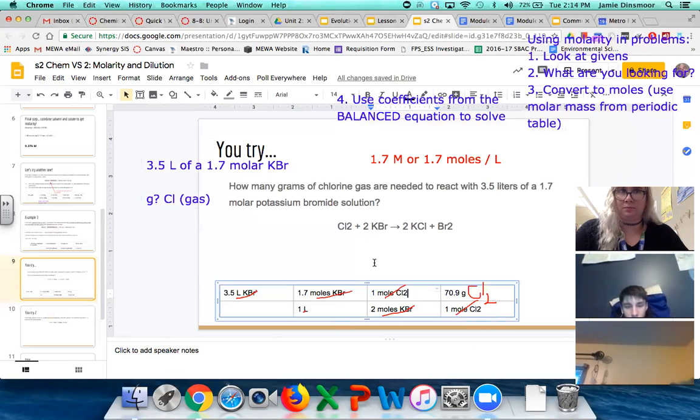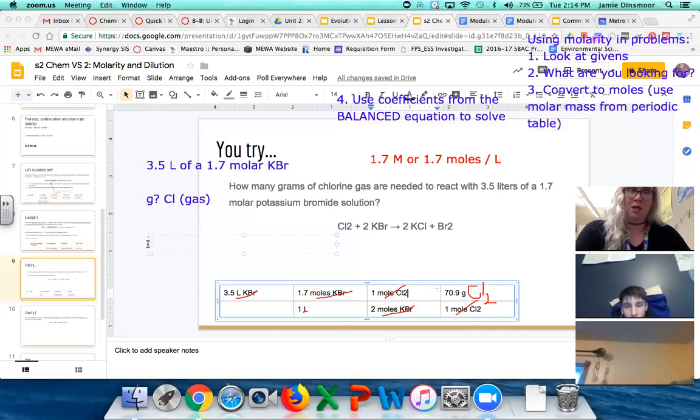And we get a lot. We get 2,109.275 grams of chlorine